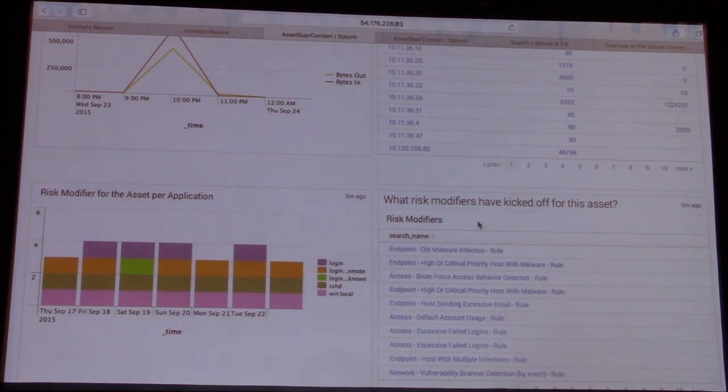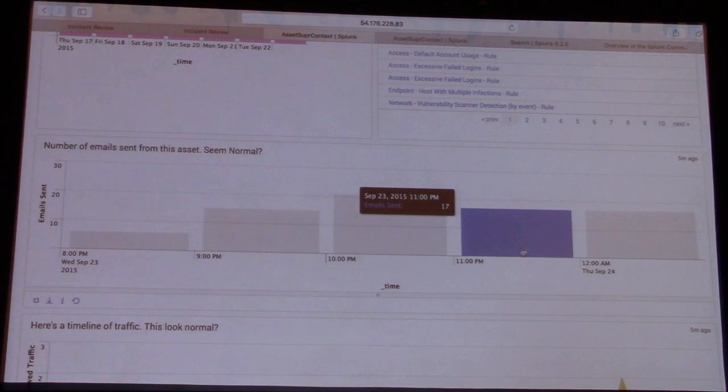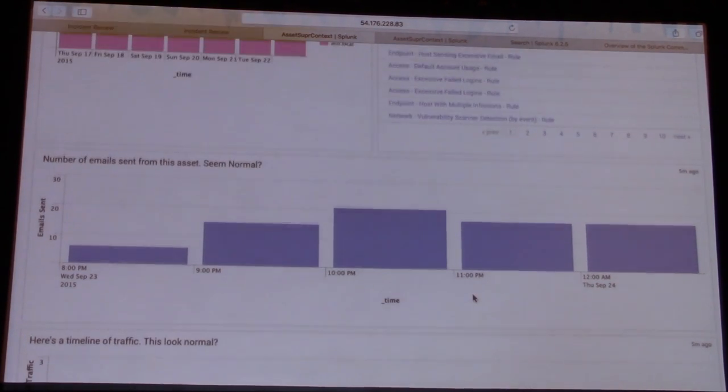A risk modifier is a feature in Enterprise Security that allows us to do threat score aggregation. And this is a measure of which of those modifiers have been firing. We're looking at the number of emails sent from this asset. So all kinds of great contextual information that is useful for an